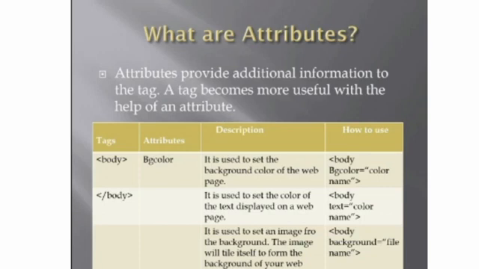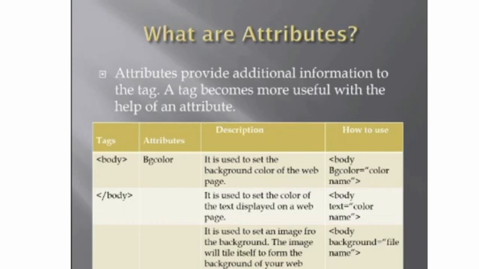It is used to set the background color of the web page, and we can use this like this: body tag start, then space, attribute name. Attribute name is here bg color. Then we will write attribute name bg color is equal to sign double quotes, and after that, value of attribute. Then color name will be here, like your red, green, blue, orange, crayon. Total 16 types of colors are available here.